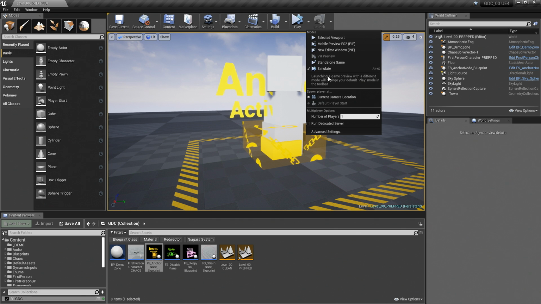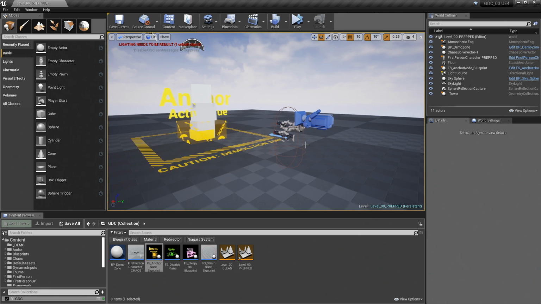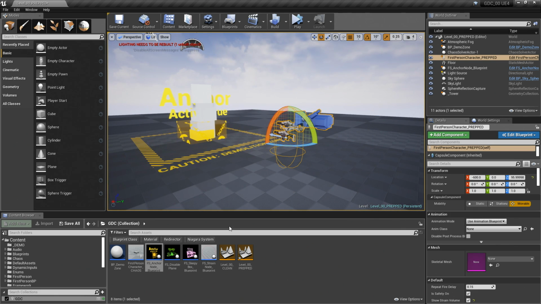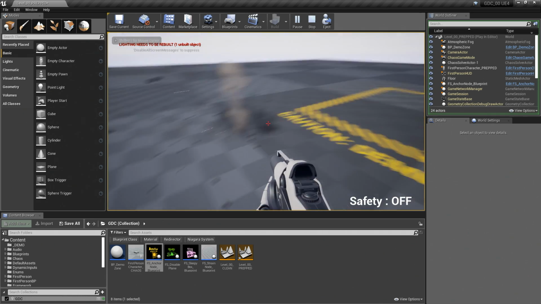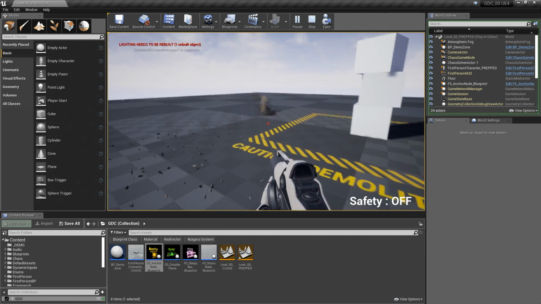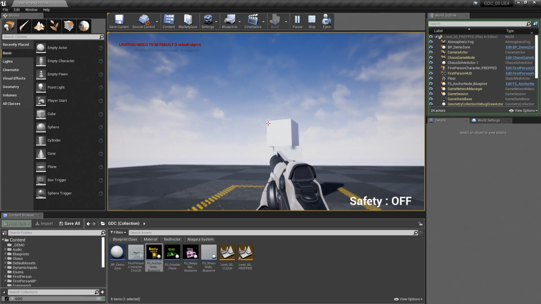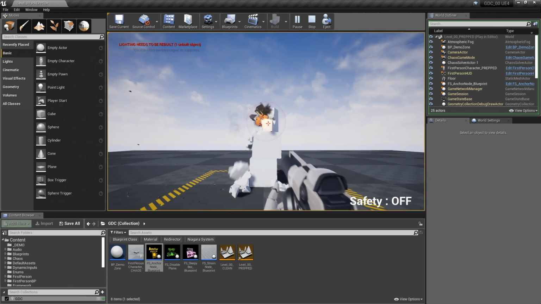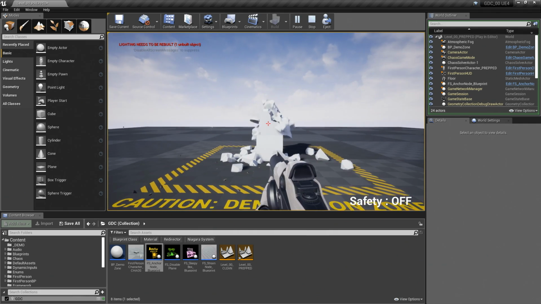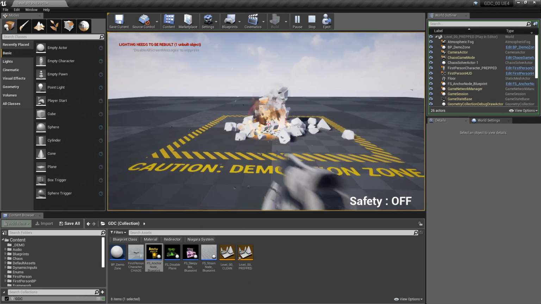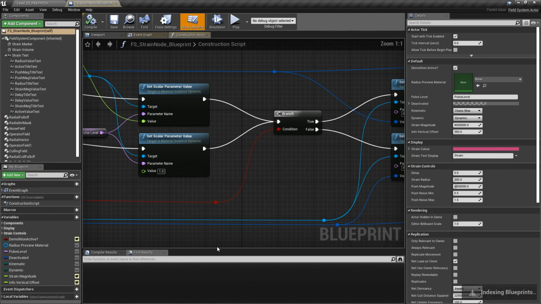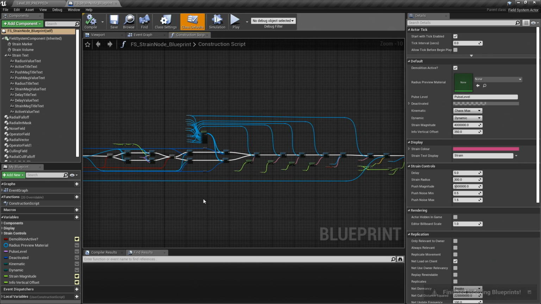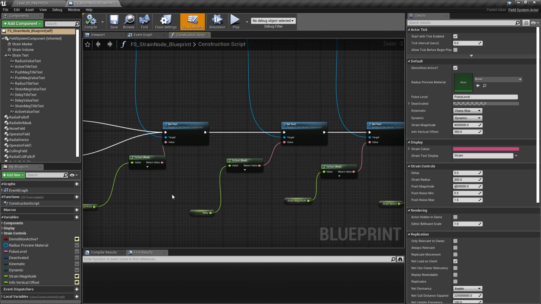Another type of field that we have is the strain field. I've modified the first-person shooter template to spawn a strain field wherever it hits. You see that little purple sphere there? That's the representation of the force that's being applied. Let's go ahead and hit this. You can see we're making big chunks, and then as those chunks fall down, they're breaking into smaller chunks. We can take a look at what that strain field looks like real quick. It's fairly simple. It's not a whole lot of blueprint, just setting a bunch of parameters and the direction of the forces that are being applied.